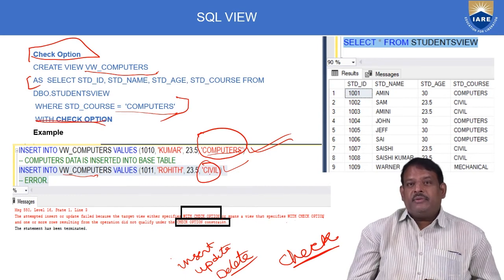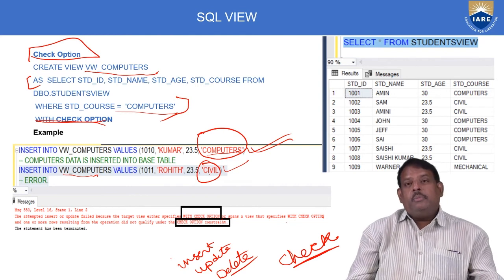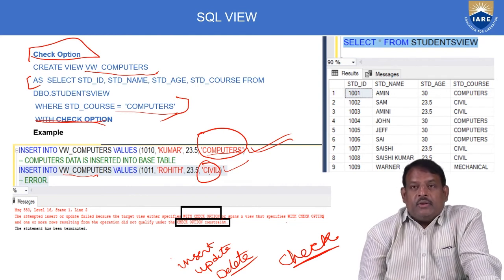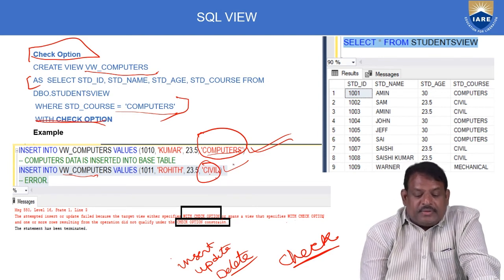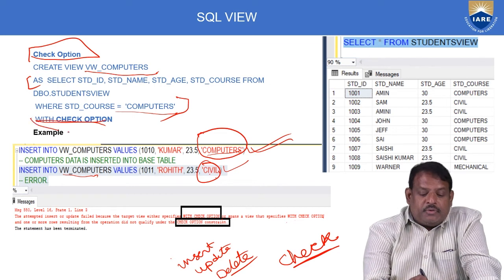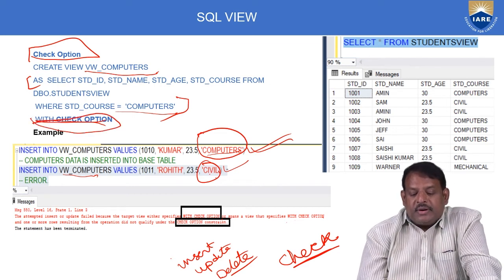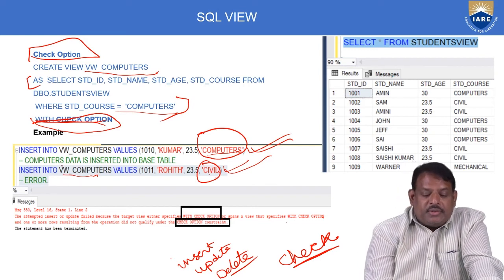This check option is making sure that only data belonging to computer science is inserted. You will not be able to insert data into other branch data. That is the check option. So what is the check option? The check option makes sure that you have access to only a set of data. If you remove this check option, you'll be able to insert this data, because there's no check option. Only because we have introduced this check option